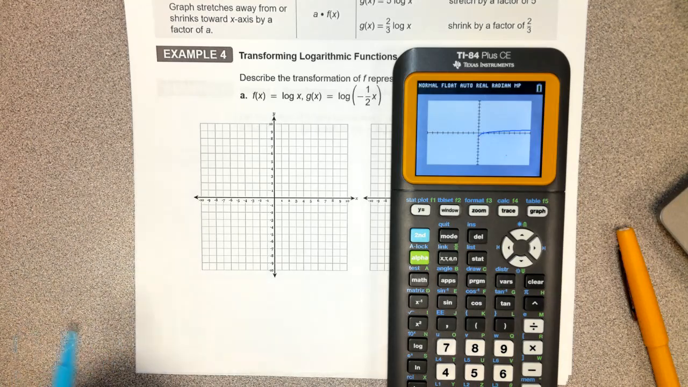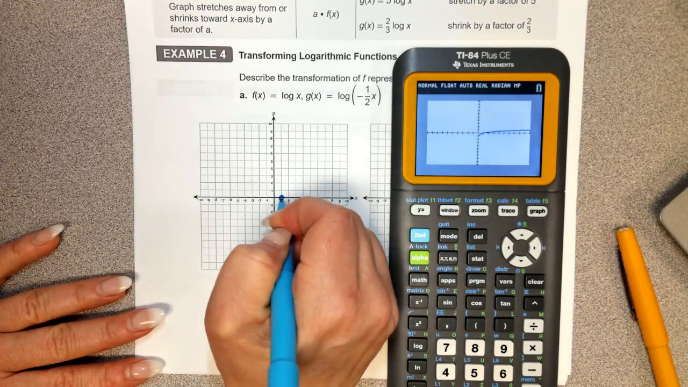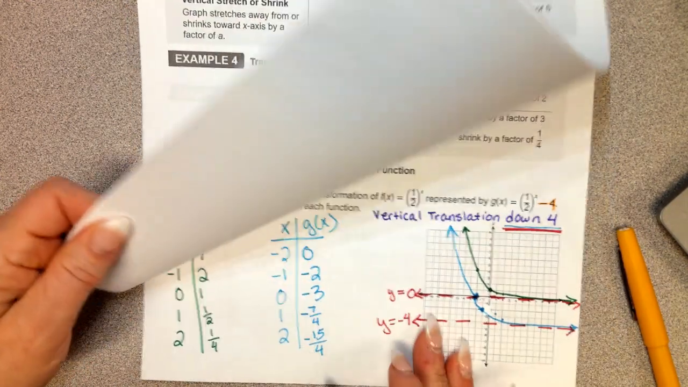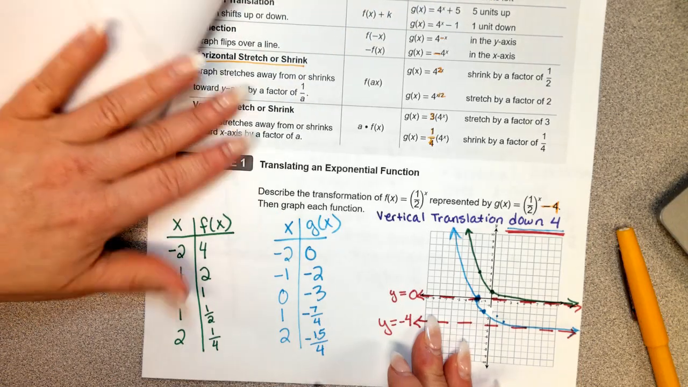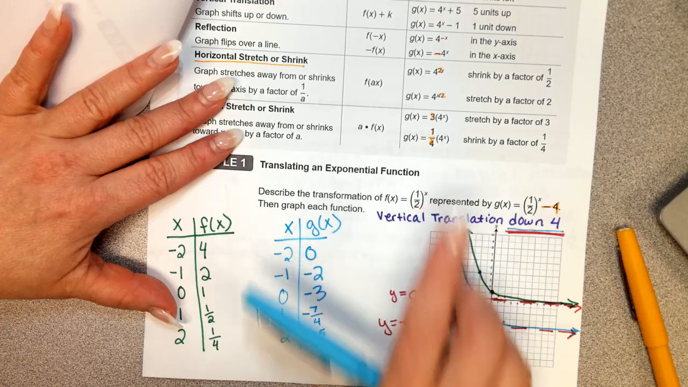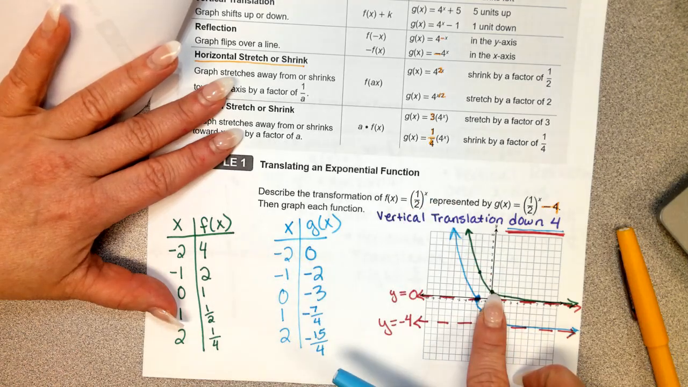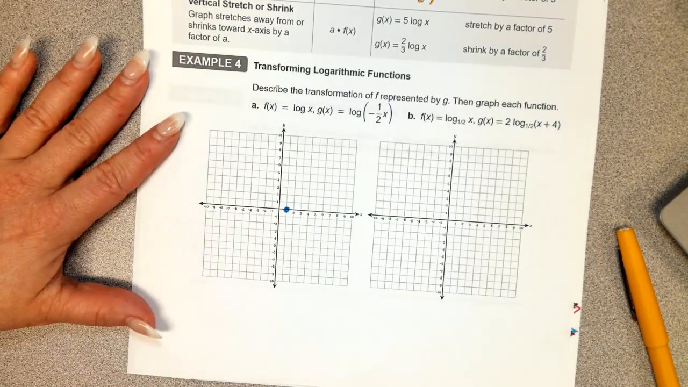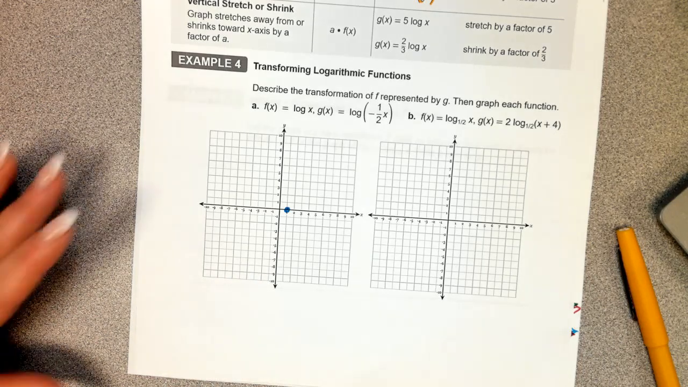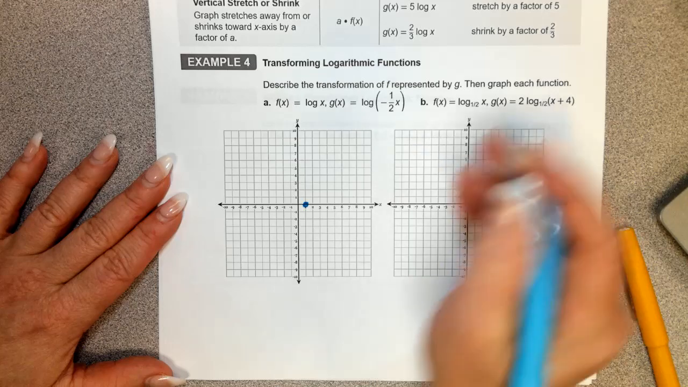The interesting point that you're going to see on the original is going to be this point here. It's going to be 1, 0, which is not a surprise because remember when we did just a regular exponential function, we have the point 0, 1 in our graph, and so the inverse of that would be 1, 0. So that is there, and then I'm going to,